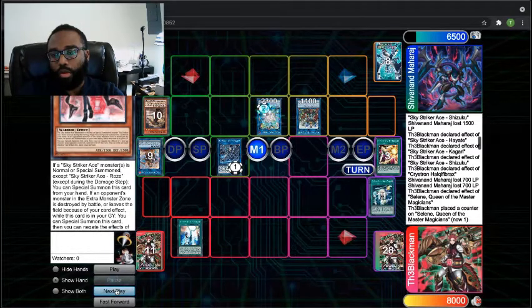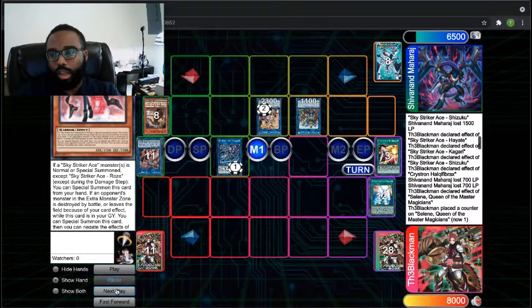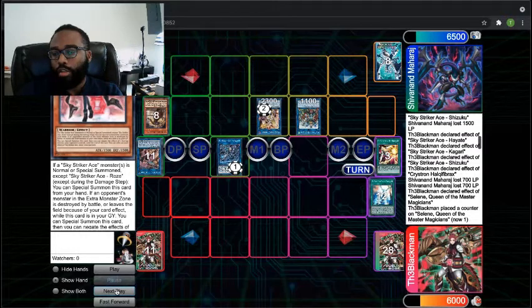Effect can pop my whole entire field. But you see how my Shizuku's going to stick, right? Because it can't be destroyed by battle or card effects. So I take damage. He has the dragon guy, so he can bounce him. But as you guys can know,